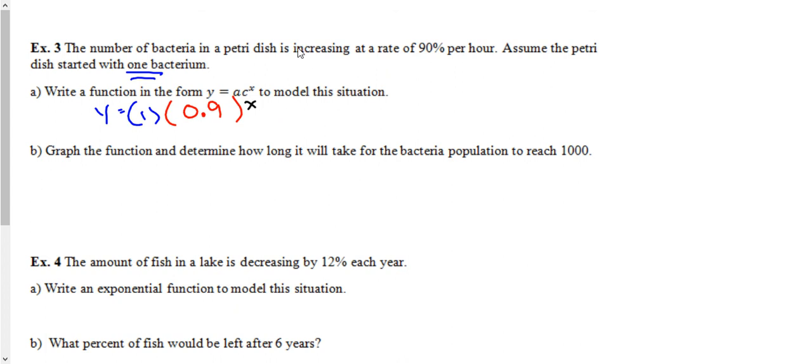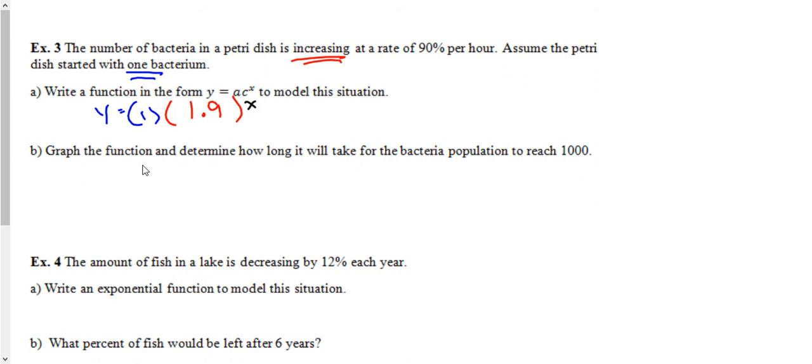But again, if you only have 0.9, that means you're decreasing. You're losing 10%, or 0.1, every time. So what you really want to do is, if you're ever increasing, take this percentage and add it to 1. So now you have a rate of 1.9. Now this means that you're increasing at 90%. This one just means that you started whole at 100%, and you're going to increase 90%